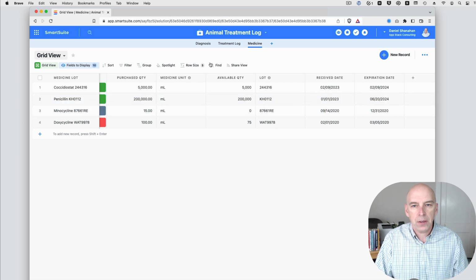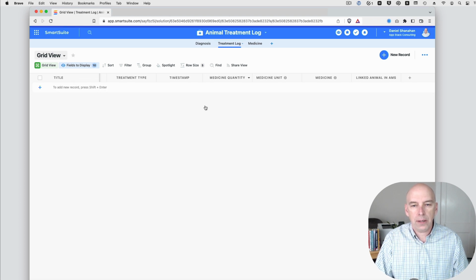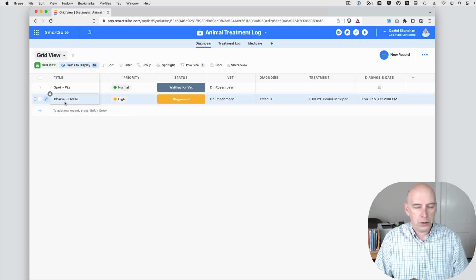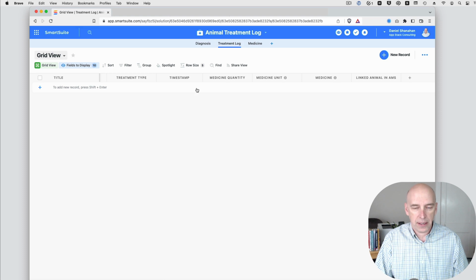like SmartSuite? So now we come to the treatment log, and now we want to mark when Charlie, the horse, has a treatment. And he needs that, Charlie needs that once per day. Now I could put that here, but the other thing I want to show about SmartSuite, which is very nice, is that I could